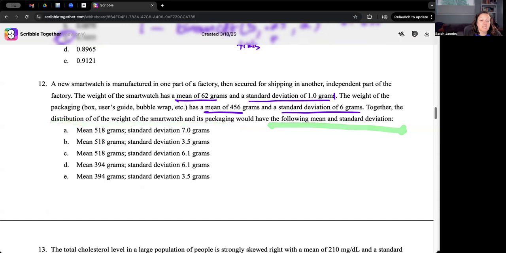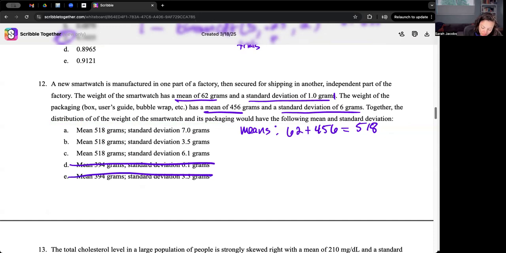Okay. So when we're combining means and standard deviations, when we're adding the means, we can just add them. 62 plus 456, that's going to be 518. It's definitely not going to be 394, which is probably what you get if you subtract. Okay. Then, for standard deviations,